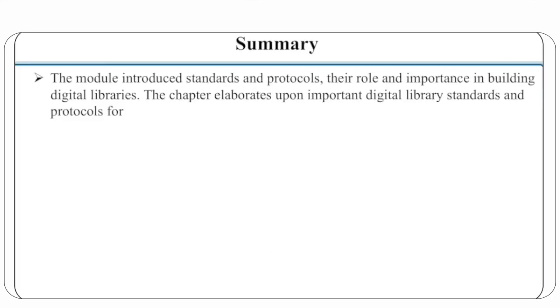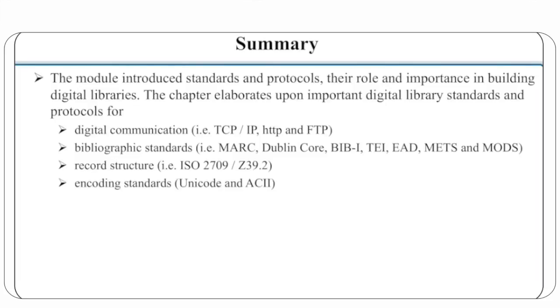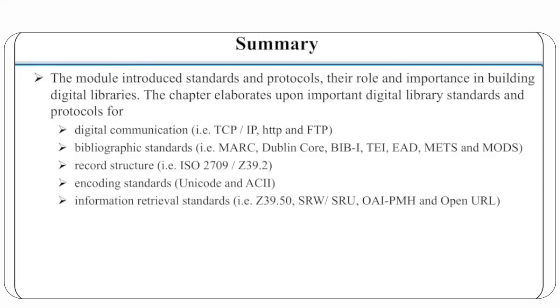We have elaborated upon important digital library standards and protocols used for digital communication, that is TCP/IP, HTTP and FTP, bibliographic standards, that is MARC, Dublin Core, BIBI, TEI, EAD, METS and MODS, record structure, that is ISO 2709 and Z39.2, encoding standards like Unicode and ASCII, information retrieval standards, that is Z39.50, SRW and SRU,